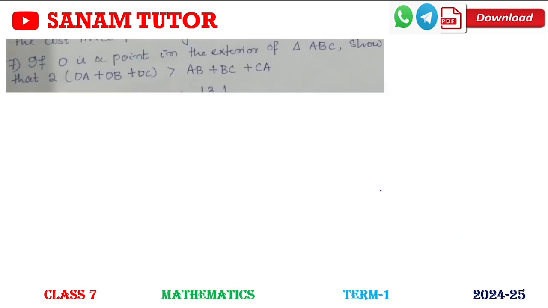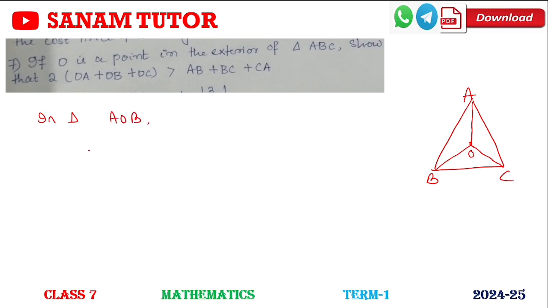Okay, if O is a point in the interior of triangle ABC, so that this, okay, suppose this is triangle ABC, A, B and C. O is the interior point, so name is O. So AO, OB and OC, so that this, okay, so we can write in triangle AOB, we can write AO plus BO is greater than AB. This is the triangle inequality,